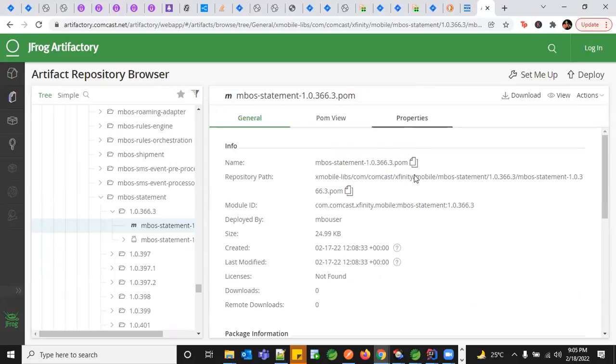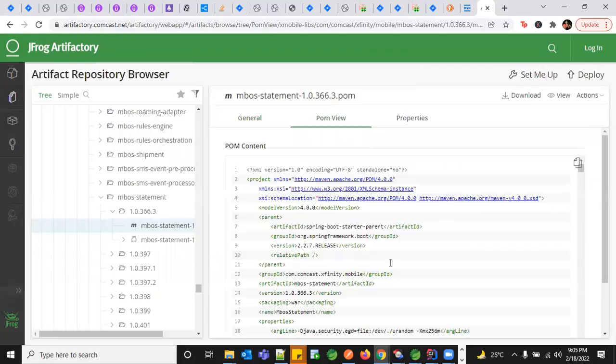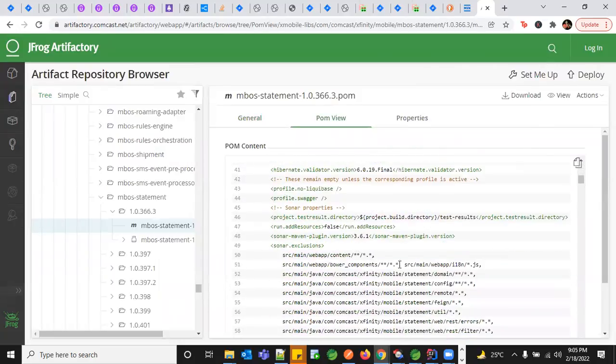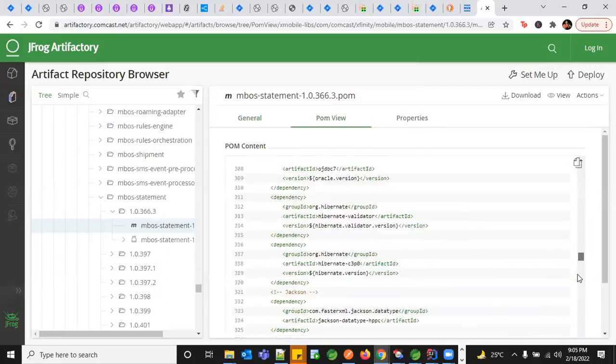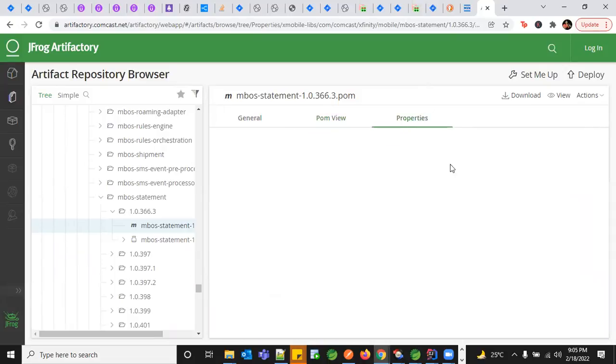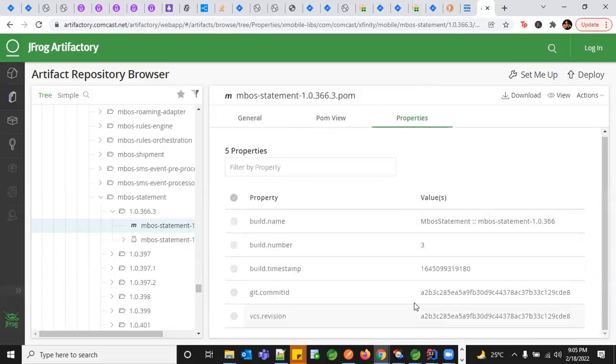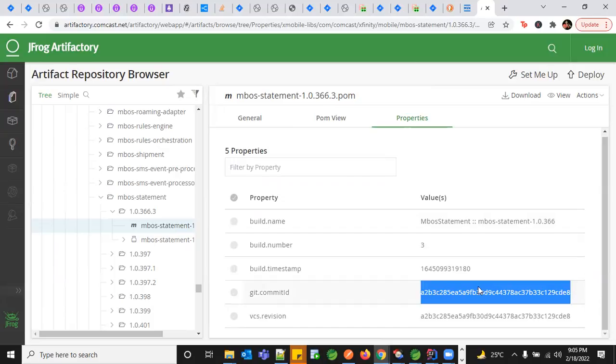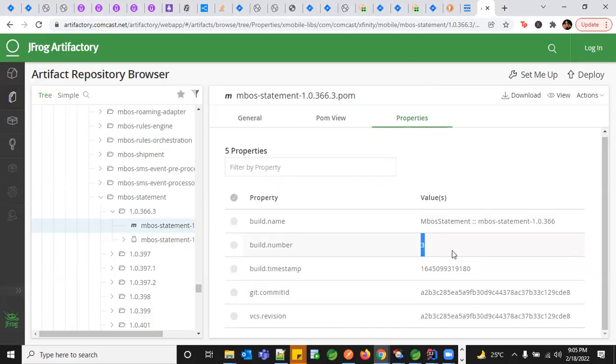So all the information is here, and you can even have the relevant pom.xml and how you're packaging the entire thing. Everything you can have here. Let's come to this a little later, but you can have the commit information, like when the particular git commit happened, what was the commit ID, and what was the build number, like which build succeeded. Is it the first build, or did you fail with multiple test cases, fix them, and post that get some build number. Everything would be available in your Artifactory.